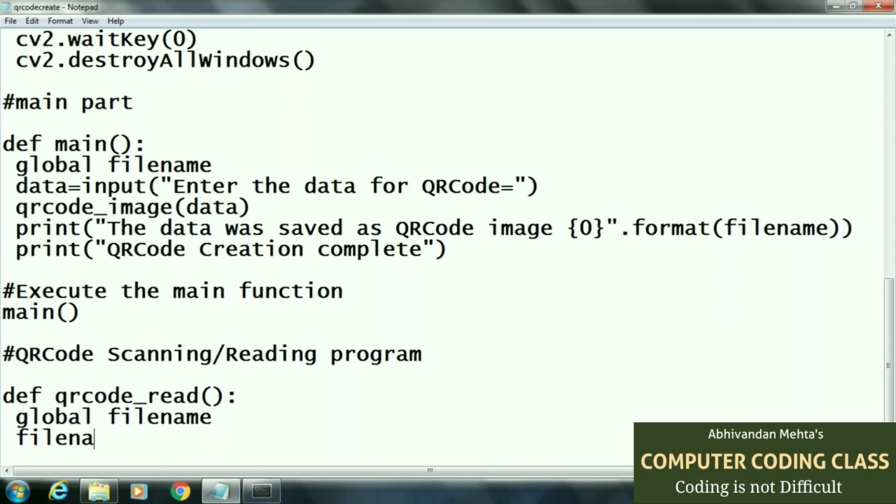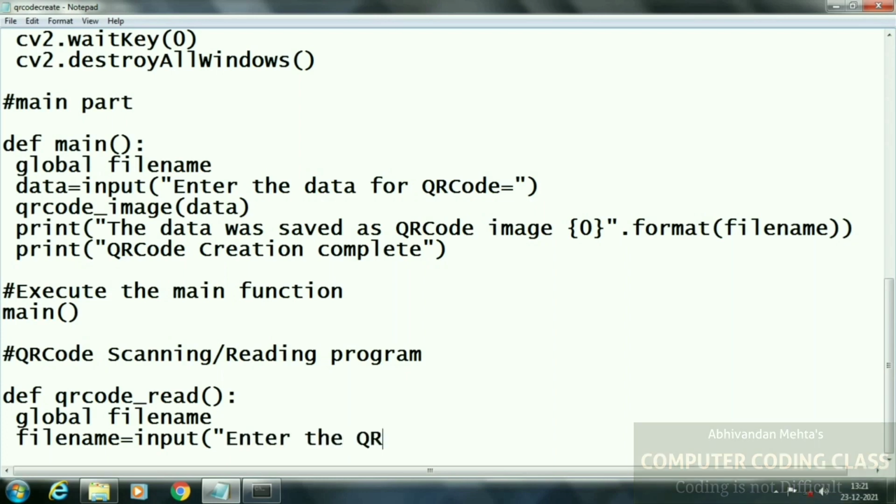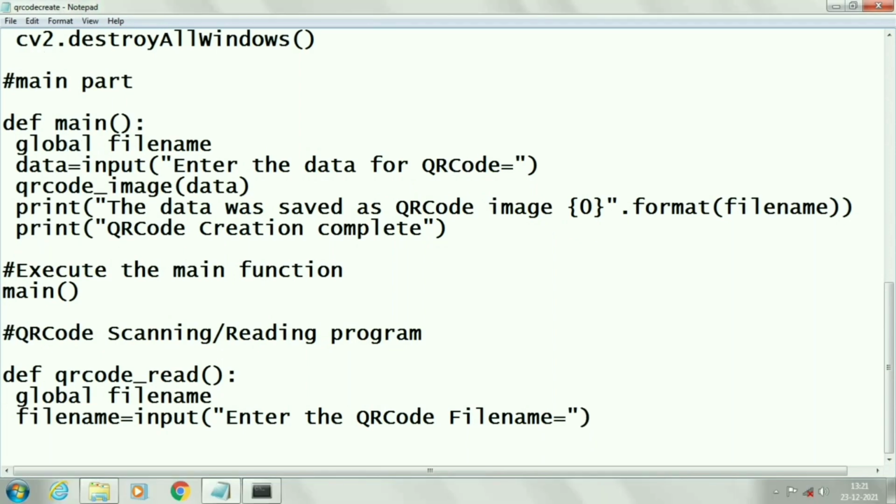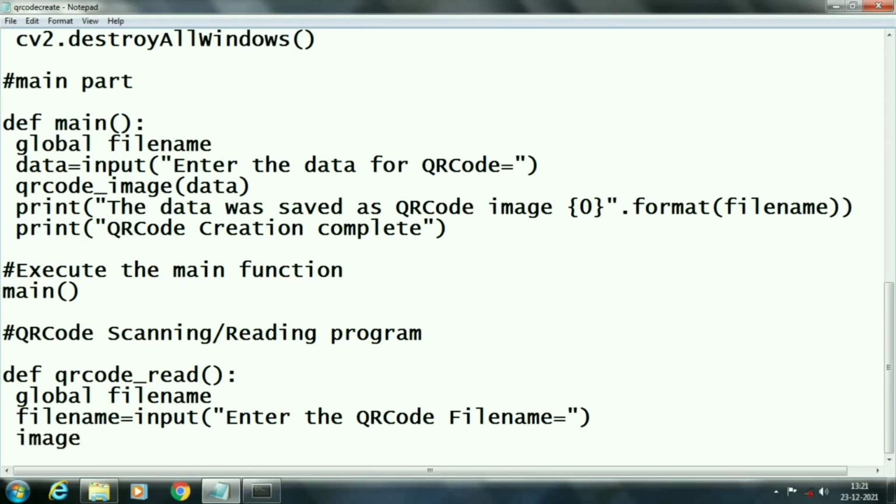Now the user inputs the QR code image file name. Next, we will read the QR code file and create an image in memory.